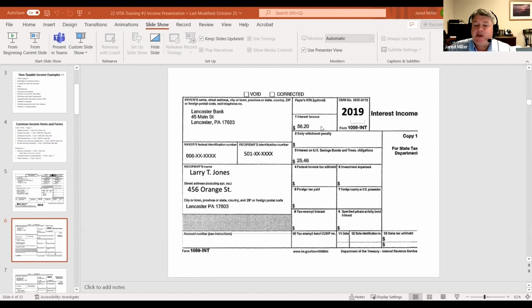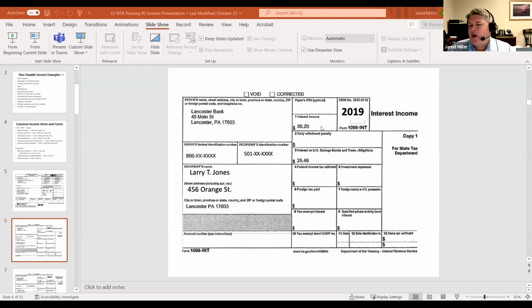If the taxpayer would like to, we certainly can get that into the return. Just to let you know, if you put 33 cents in, it's going to round down to 0. So if you really want that interest on your bank account to show up, we have to round that up to $1. It probably will not impact the tax calculation for the taxpayer. But just to let you know, anything under $10 for interest will not be presented to the taxpayer.